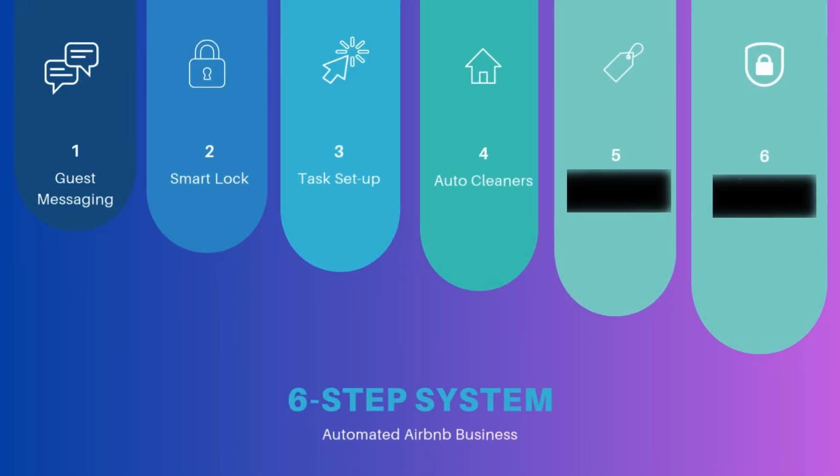Step 4 is cleaning for your automated business. And this is going to make or break your Airbnb business as well as your guest experience. The app that I use is Turno. Properties with consistent 5-star clean ratings are 20% more likely to leave a higher Airbnb review. And when you automate your clean, you'll free up hours of your time, giving you more space to focus on